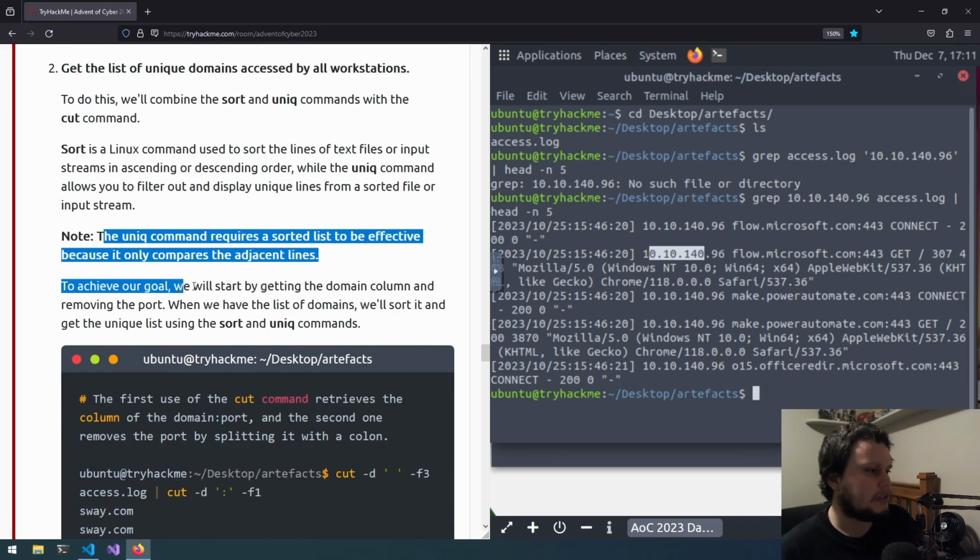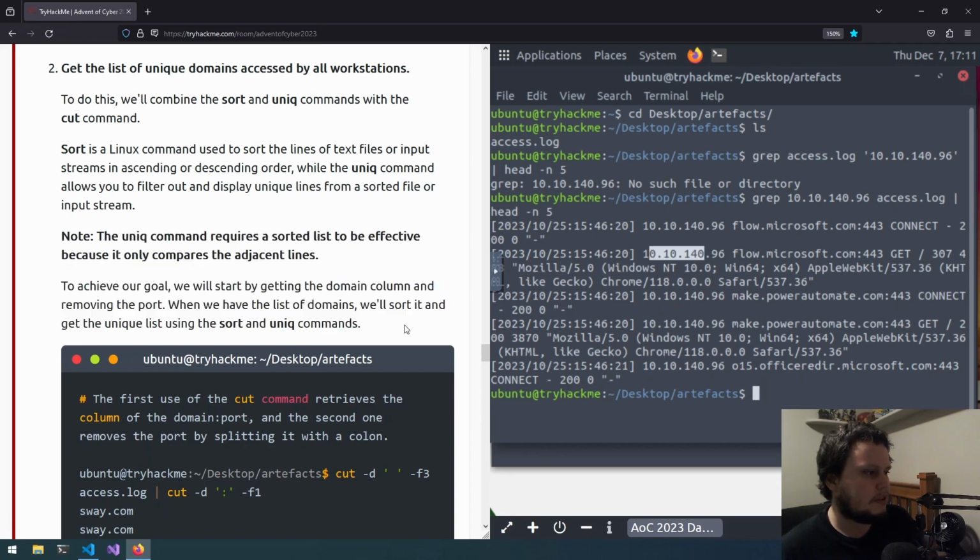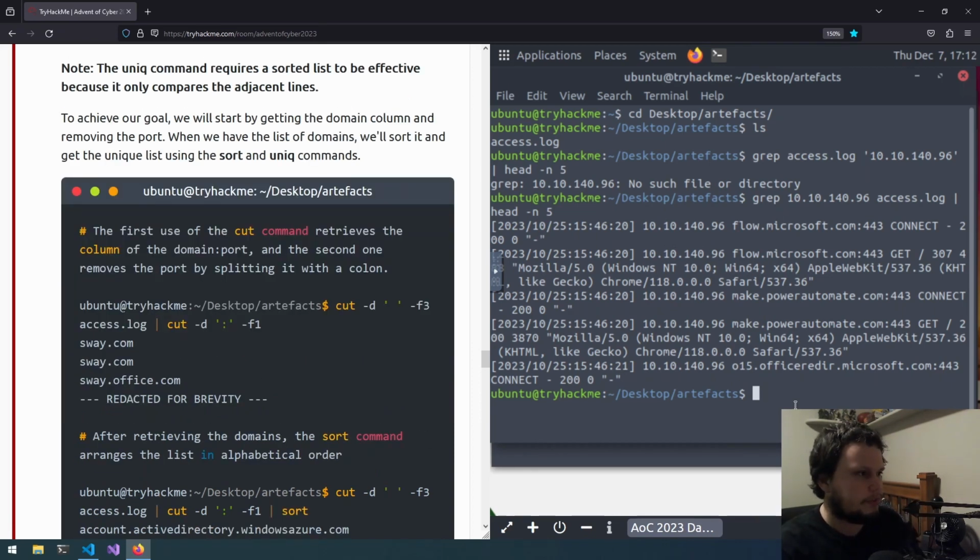To achieve our goal, we'll start by getting the domain column and removing the port. When we have the list of domains, we'll sort it and get the unique list using sort and unique command. So as it said, first we're going to be getting the domain, so cut -d space, then we're getting the